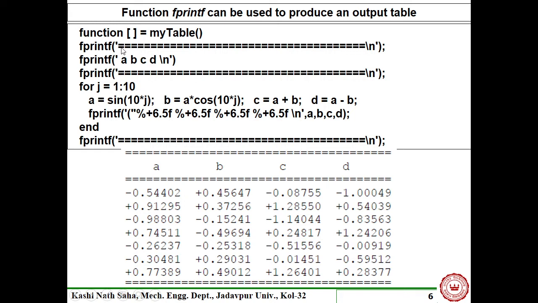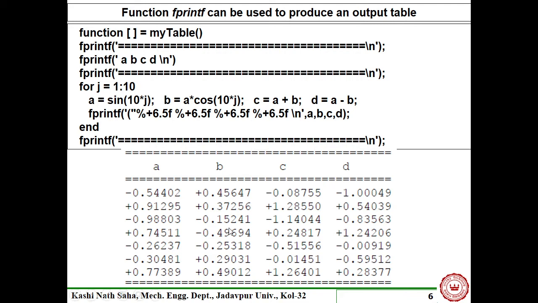And fprintf first, whatever is written here within quote marks. Okay. Within quote marks, anything means that this is a character string. So in file reading or file writing, if you do not specify the type of data, it takes the data as character.